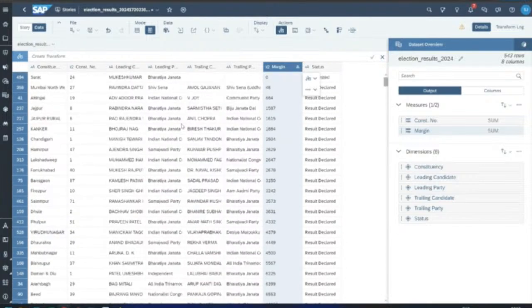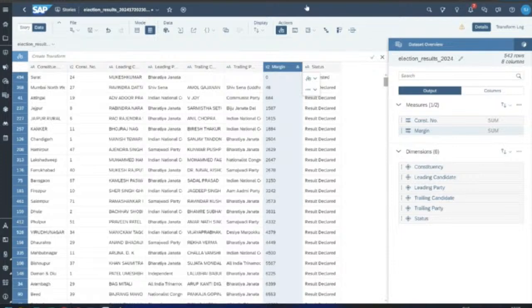In Analytics Cloud, or in fact in general, this process is called data cleansing or data wrangling, where you cleanse your data and make it ready before you start building the data insights finally. Having said that, now we are happy. I don't want to go into too much detail of every step here. You see there are a lot of options. We will be covering all of these options as part of our training end to end on a day to day basis. For now, I am happy with the data set and I can go to story.